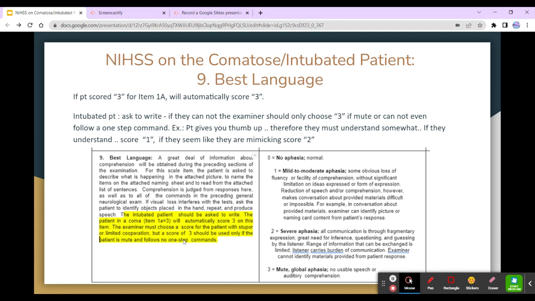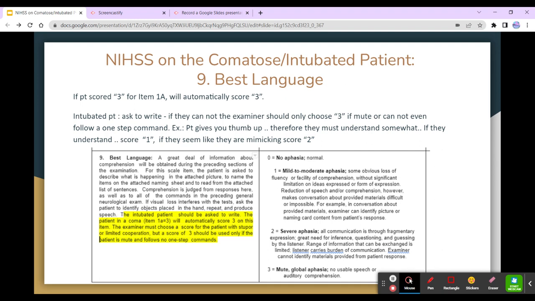Number 9, best language. The patient scored a 3 for 1A. They will automatically score a 3 here. If they're intubated, you can ask if they can write, if they're awake enough to be able to do that. If they cannot write,